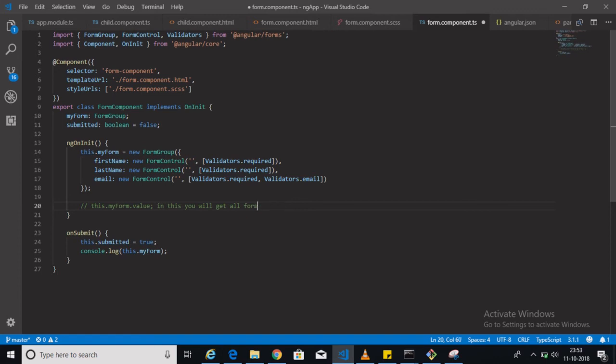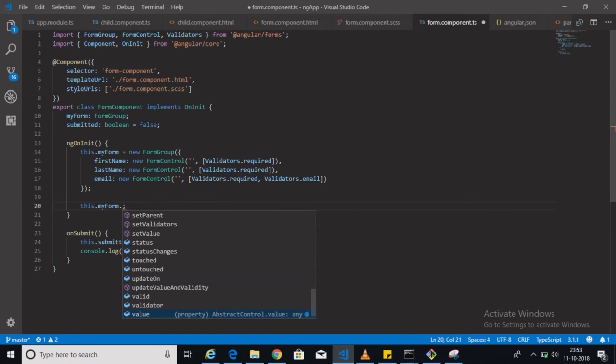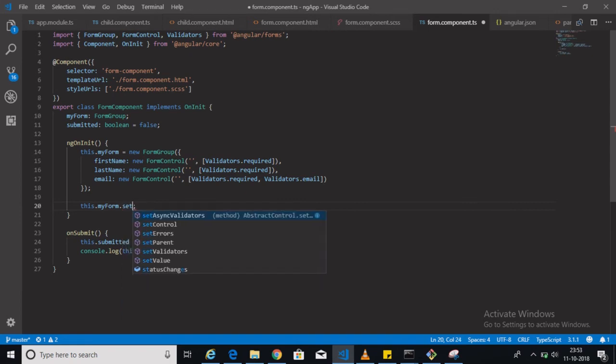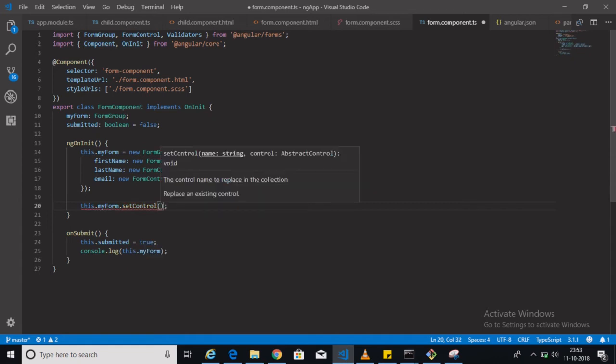To form controller or any control, I can replace it. I can use any method from here like setControl. I can replace any control which is defined already in the form group, like first name. I can